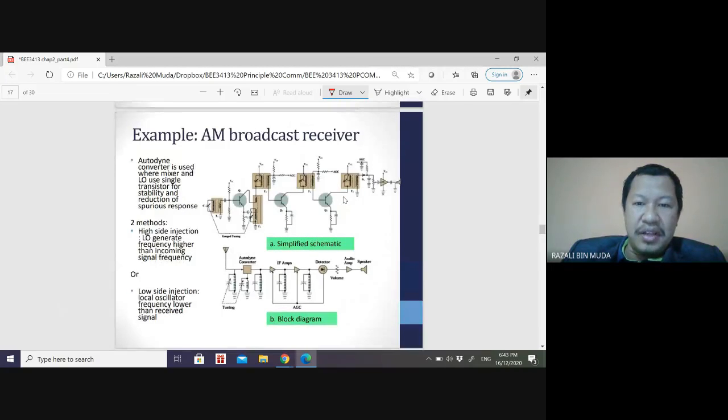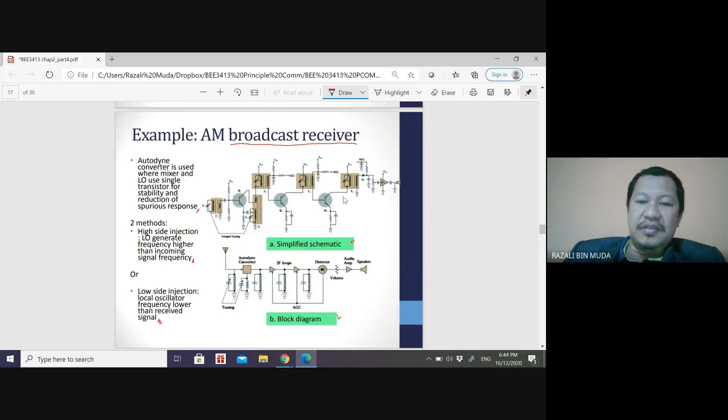Example, AM broadcast receiver. A heterodyne converter is used where the mixer and local oscillator use a single transistor for stability and reduction of spurious response. Two methods: high side injection, where the local oscillator generates a frequency higher than the incoming signal frequency, or low side injection, where the local oscillator frequency is lower than the received signal. Okay, this is a simplified schematic, and this is the block diagram of the superheterodyne